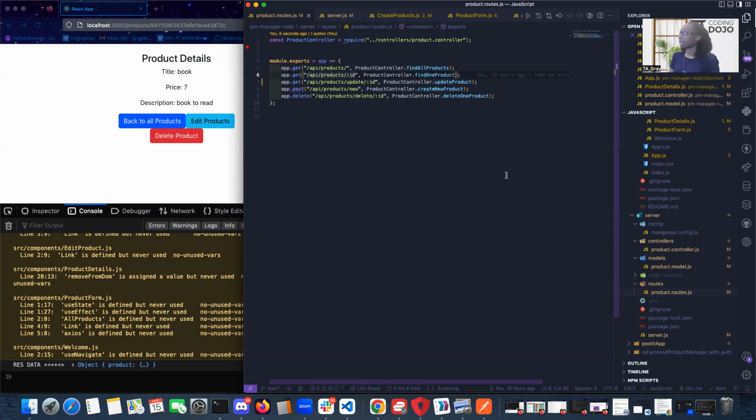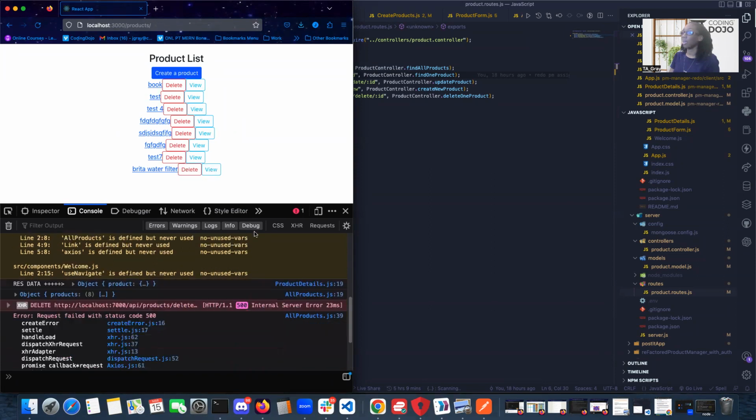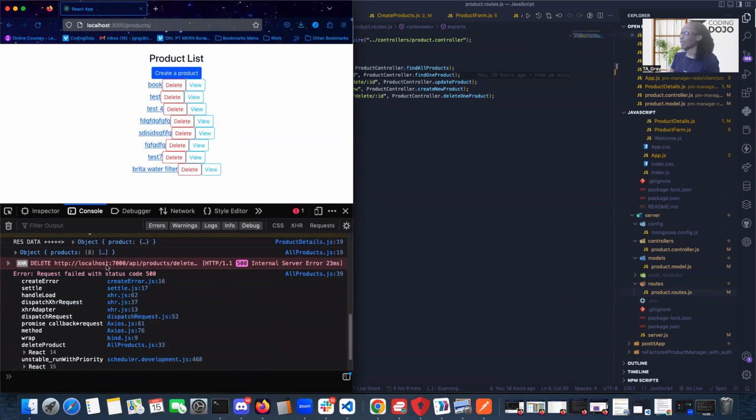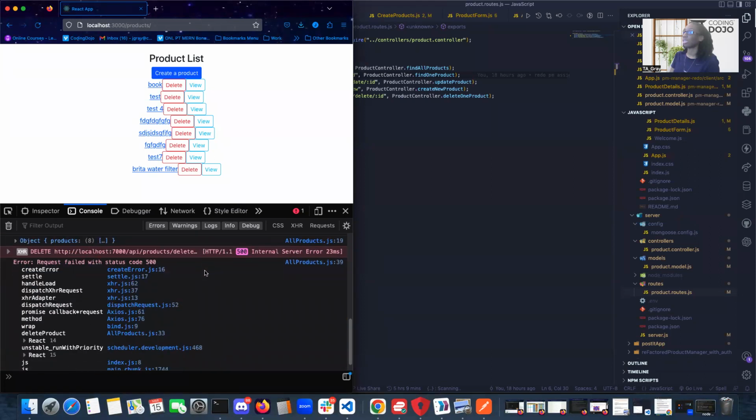So now I have 2 minutes, I know. So now I can view, this is going to be the last one, so thank you all for your patience. Now, the last one, at least it should be, my delete does not work. And it's localhost 7000. My delete does not work, guys. What could it be? This is the last error. Hopefully this should be the last. Where should I go to